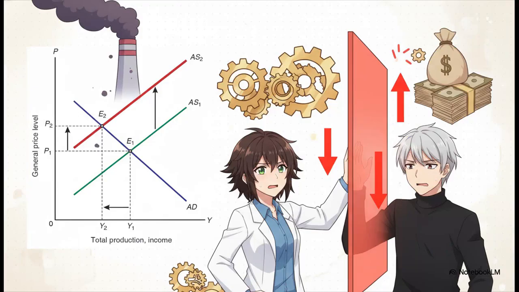Now, cost-push inflation is a completely different beast. Here, demand remains entirely unchanged. Instead, rising production costs actively push supply down. And this brilliantly illustrates that stagflation nightmare we mentioned earlier. As production becomes more expensive, overall supply shrinks, shifting inward. This leads to higher prices and lower economic output happening at the exact same time.